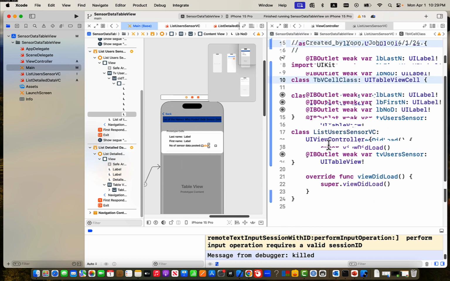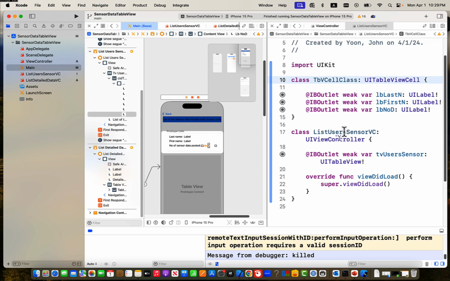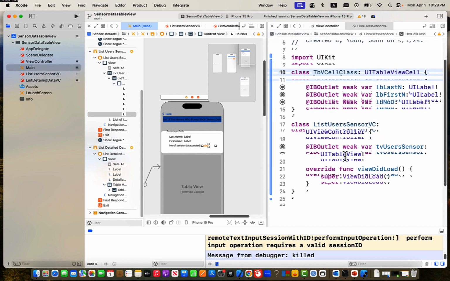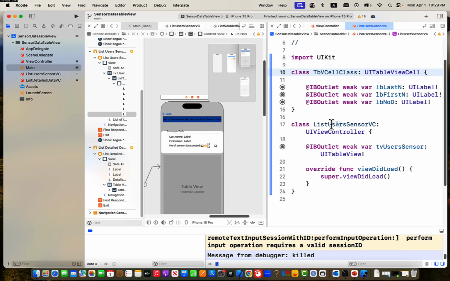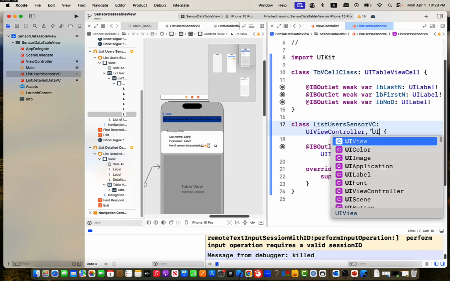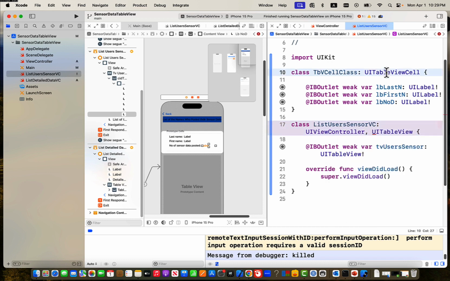This guy is the list user sensor VC, right? This list user sensor VC is not just a subclass of UI view controller, but it should be a subclass of UI table view. Like here, we have a table view cell. This guy is a subclass of table view cells, which is contained in this guy. So this container should be,